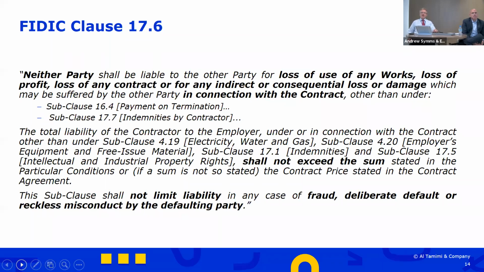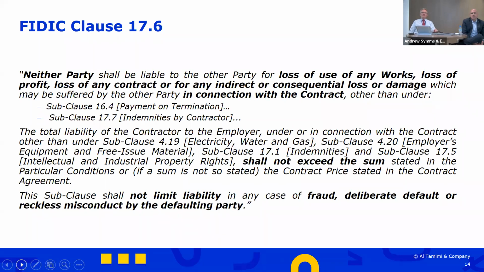Then it deals with a concept of what we would possibly call indirect or consequential losses, but it specifically lists out three types of loss: loss of any use of the works, loss of profit, loss of any contract. And then it tries to use this generic wording of indirect or consequential. But as I've said, using that wording might not actually achieve what you want to achieve. So it's very important that you list out the specific types of damages which you do not want to be